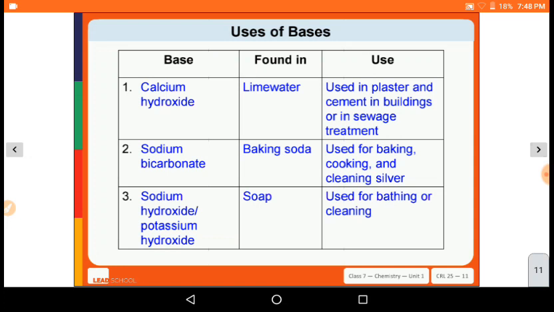So let us see. Calcium hydroxide is found in lime water. It is used in plaster, cement,